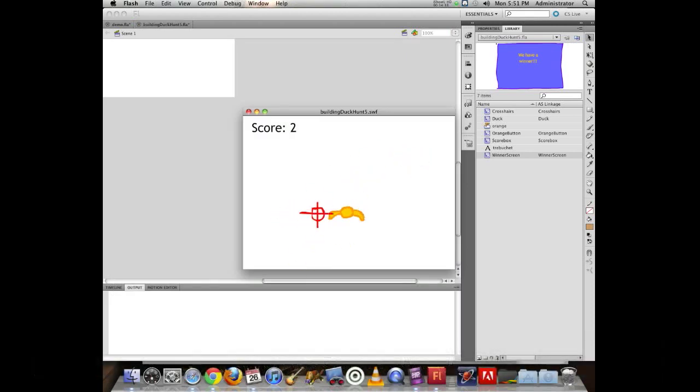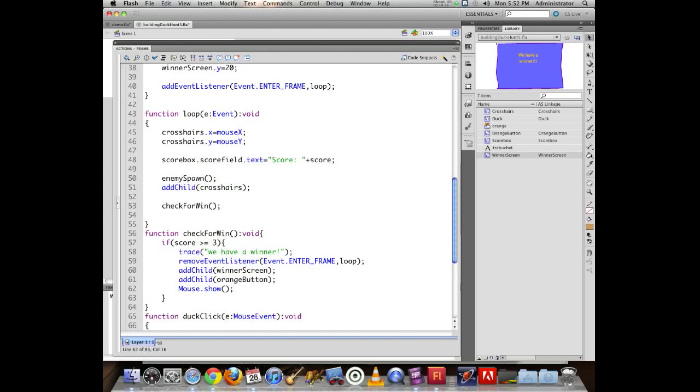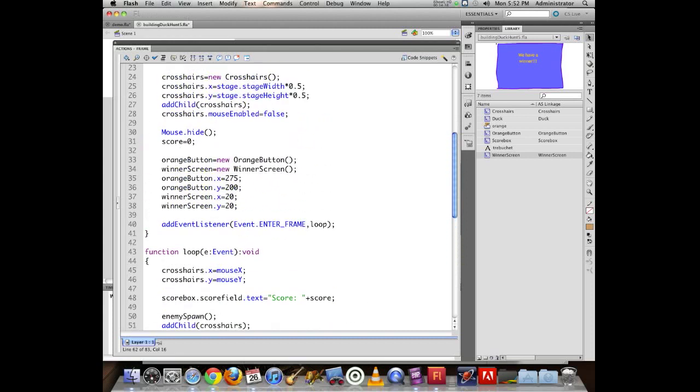One, 2, 3. Now I get the mouse back. It has the nice little hand, the rollover feature. But my button doesn't have any functionality yet, so it looks like I got the winner screen in about the right place. But I do need to move the button over considerably, it looks like, on it. So the winner button